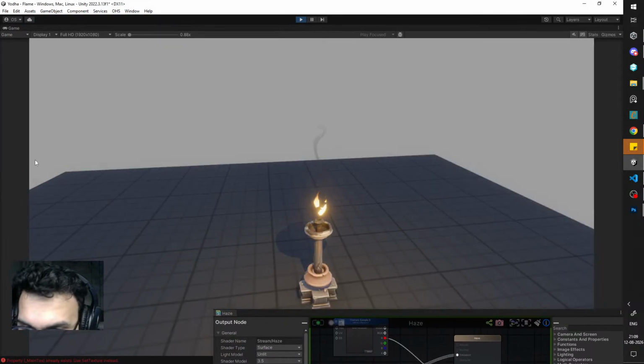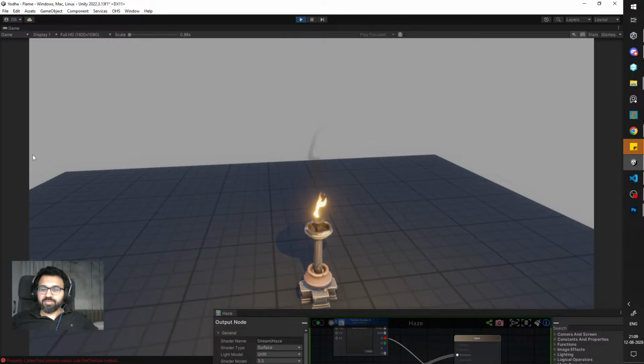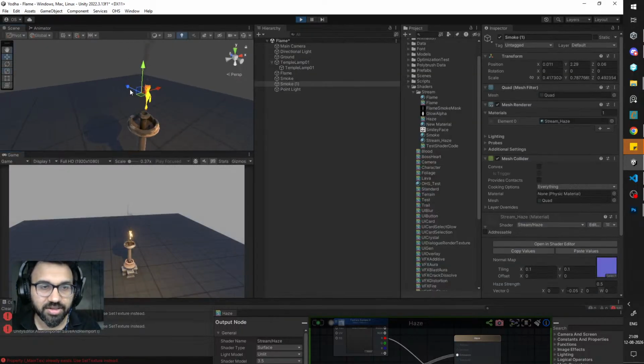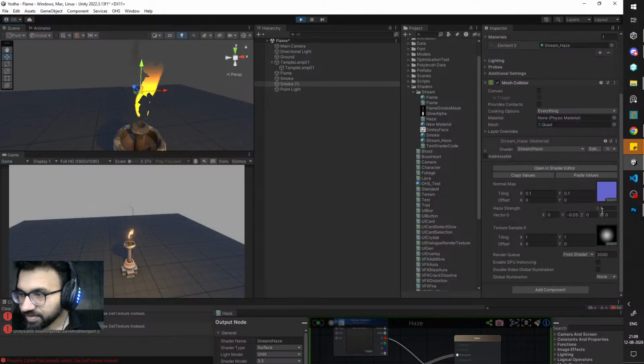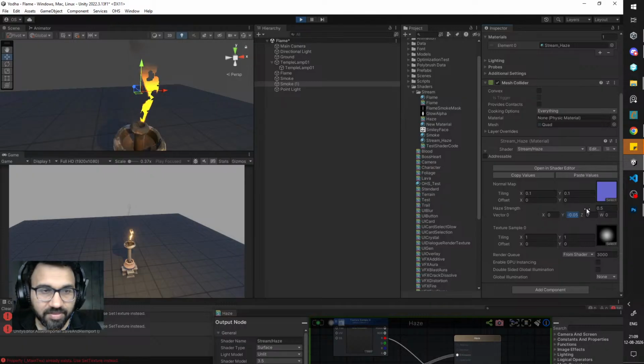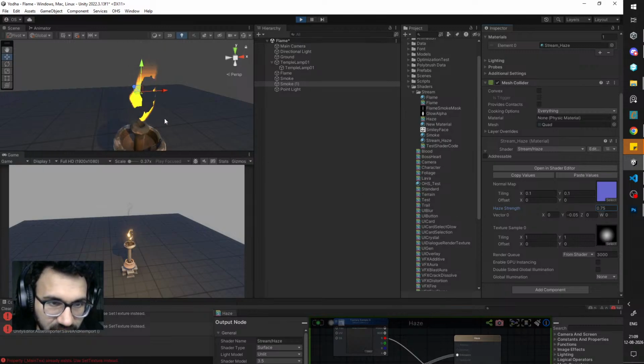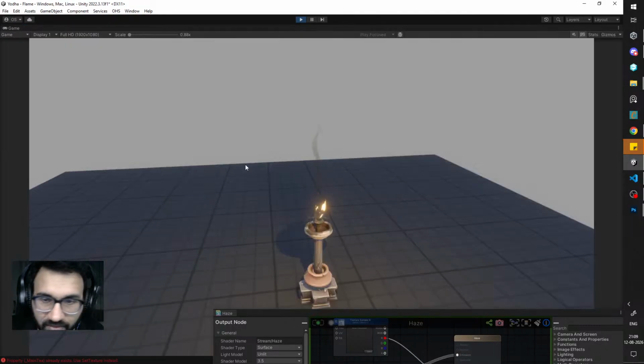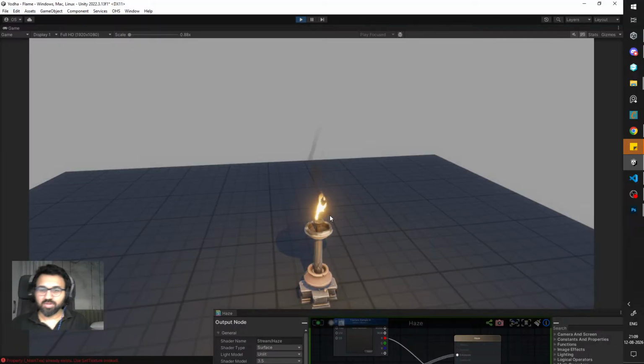Is the haze working now? Yep. So if you want, we can put the haze in front as well, but I think that'll defeat the purpose. So we'll put it behind. So we have the haze working now, and